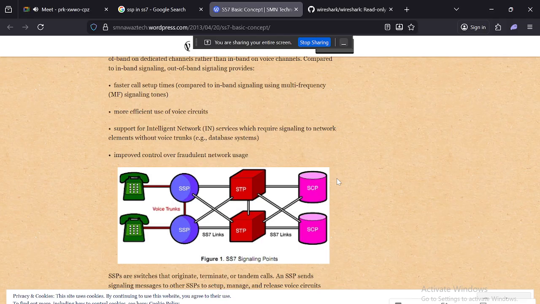And SCPs may check the database: if the number is ported, if the caller is prepaid and has balance. Some telecom providers also check that if you hold a balance, you can receive calls. Then if everything matches, all three components connect the call. That's it.